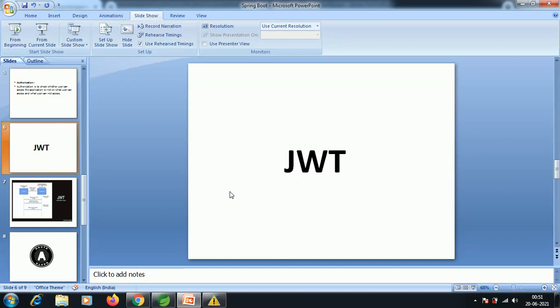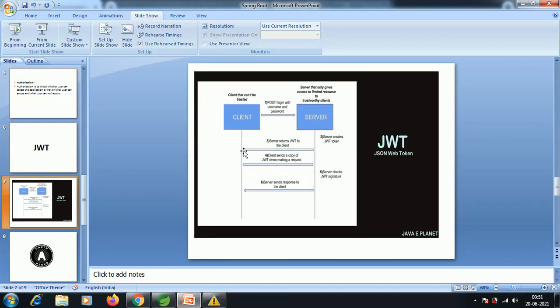Whereas when we come to JWT, JSON Web Token, if you want to discuss JWT in detail, we have the client and the server. When the client, which can't be trusted, sends a request, a post login with username and password, to the server, the server creates the JWT token.